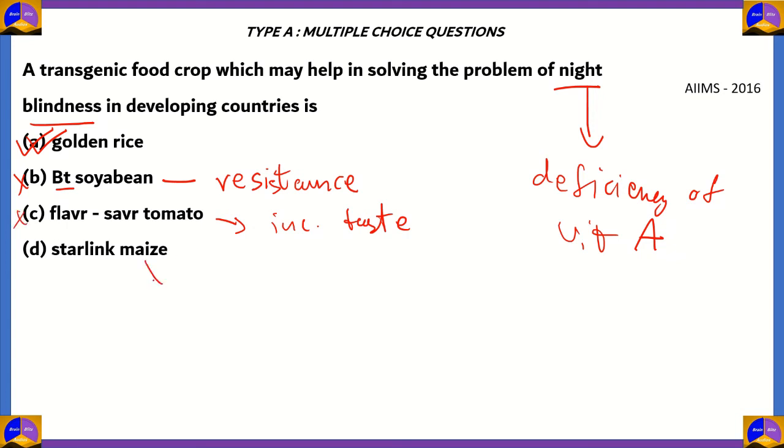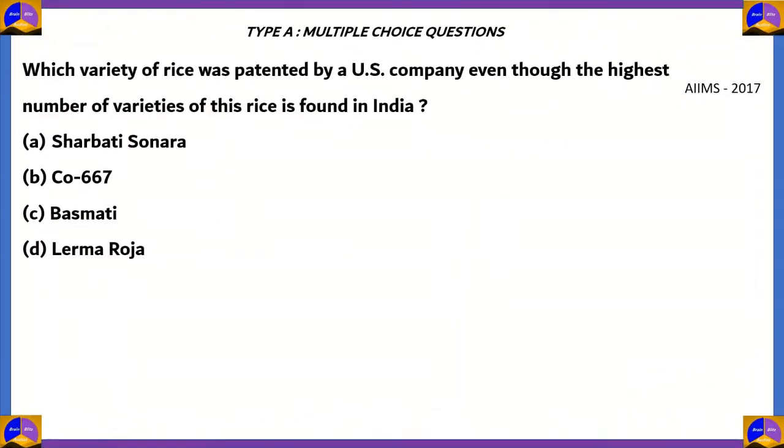If you look at Starlink maize, that's option D. This is once again a crop which is having insect resistance and not high vitamin A content, so therefore option D is also incorrect. Now let's look at the final question of this episode. Which variety of rice was patented by a US company, even though the highest number of varieties of this rice is found in India? If you look at the following options, option A, Sharbati